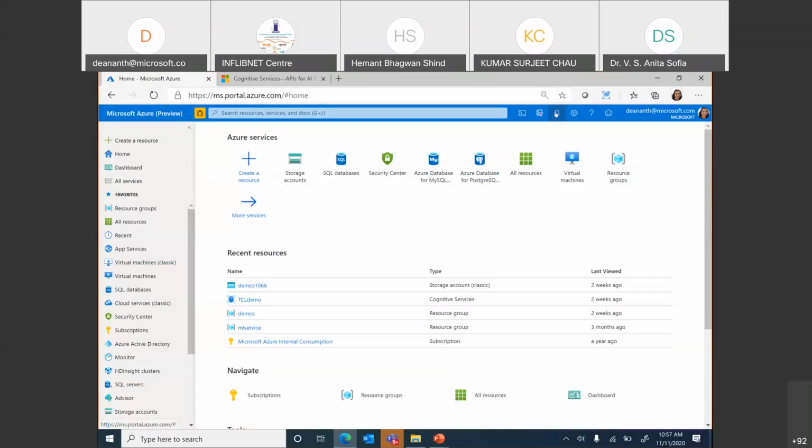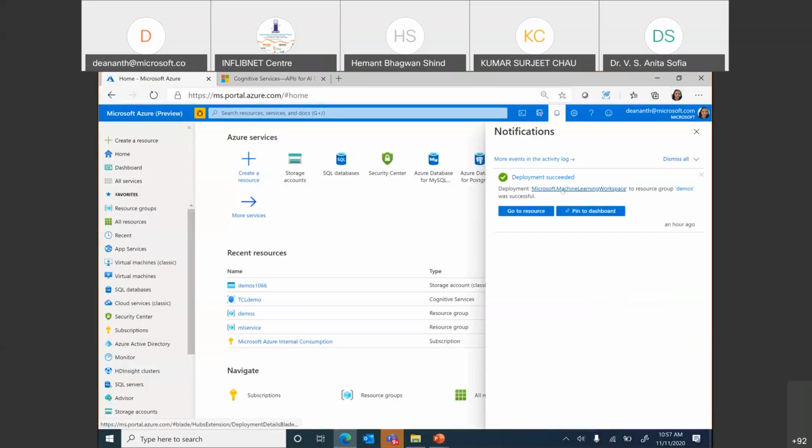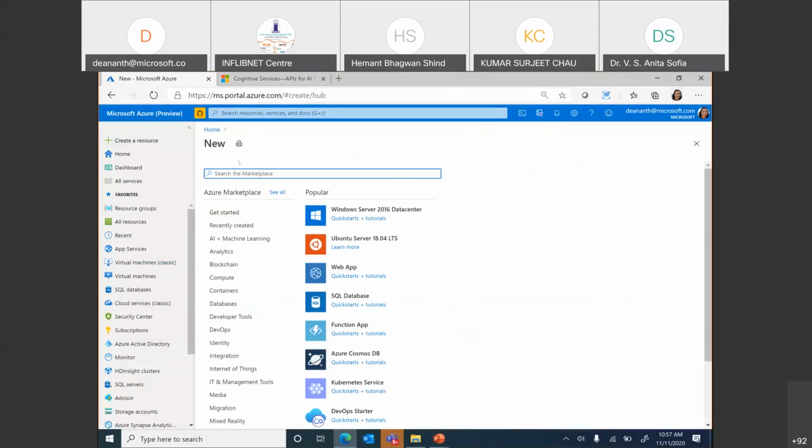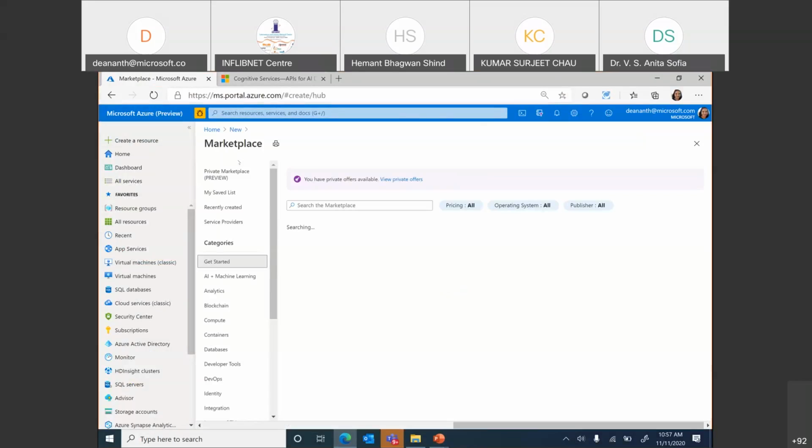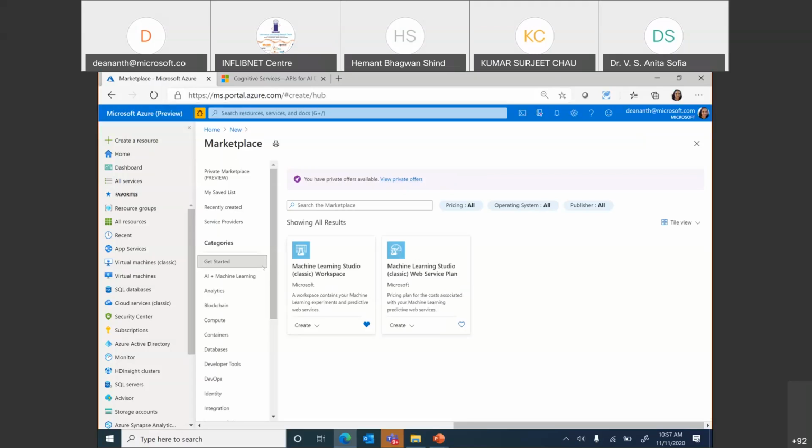I have gone ahead and created a service. Now, this is the Azure portal. To create any service, you'll have to just go and say, I want machine learning studio workspace. Okay. Pay attention over here because there's a machine learning studio classic workspace, which is what I'm going to show you about. This is the one, machine learning studio classic workspace. I have clicked on the create button. I have filled up the form to say which region I want a deployment to be in.